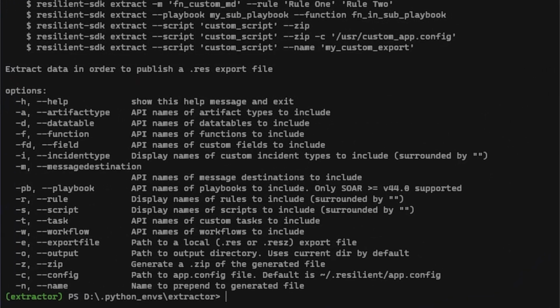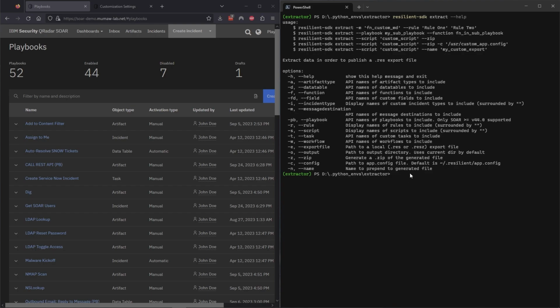All right, so here you can see that we have several options, but this is going to be very similar to creating an integration, where we get to call each individual thing that we want to be part of that integration. So the way that we're going to do this is once we get things built on the inside over here, we can use Resilient SDK extract to extract exactly what we want. And the way that we can do things like that is such as exporting the playbooks. On the left-hand side, I've got a bunch of different playbooks here. So if I wanted to do an extract, I can do